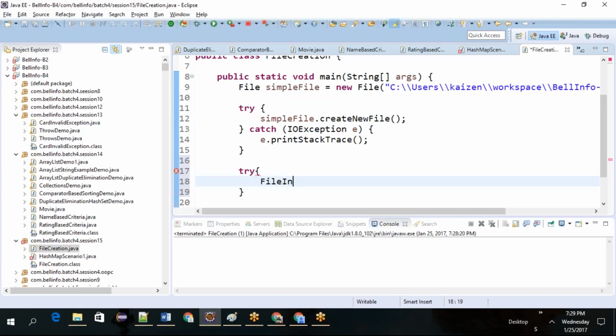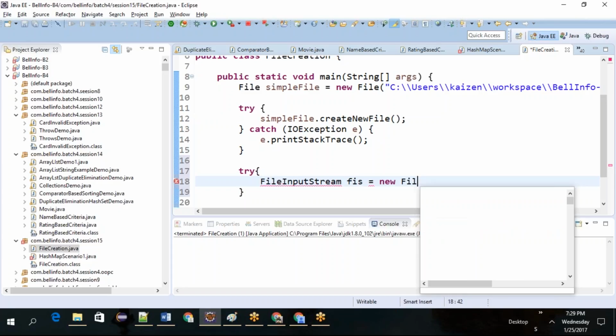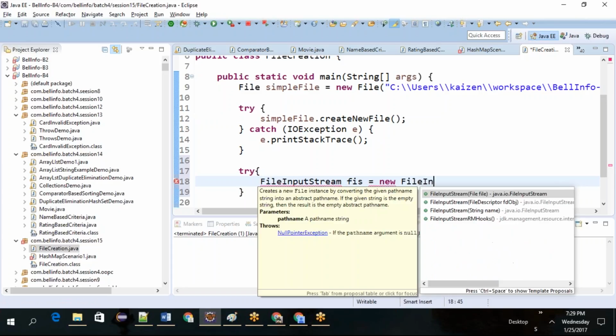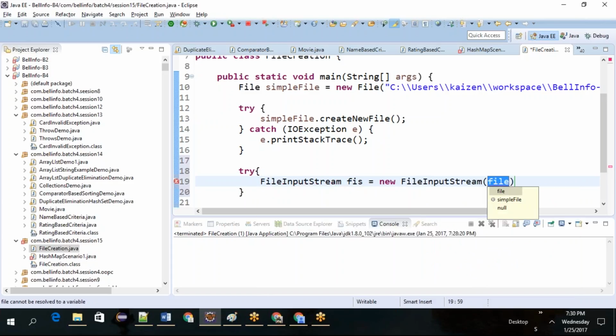there is a file input stream class. fis equal to new file input stream. This is how you need to create it initially in order to read a file input stream. So what is the file input stream? Simple file is the file input that you need to pass to file input stream. Once you get the file input stream, then you need to take the